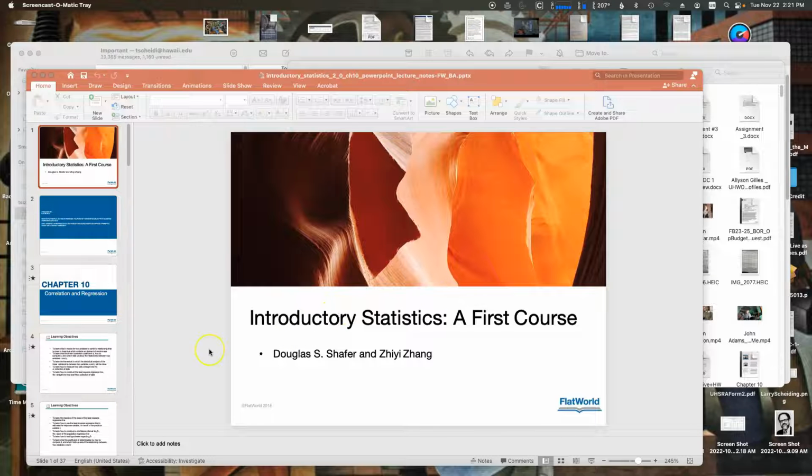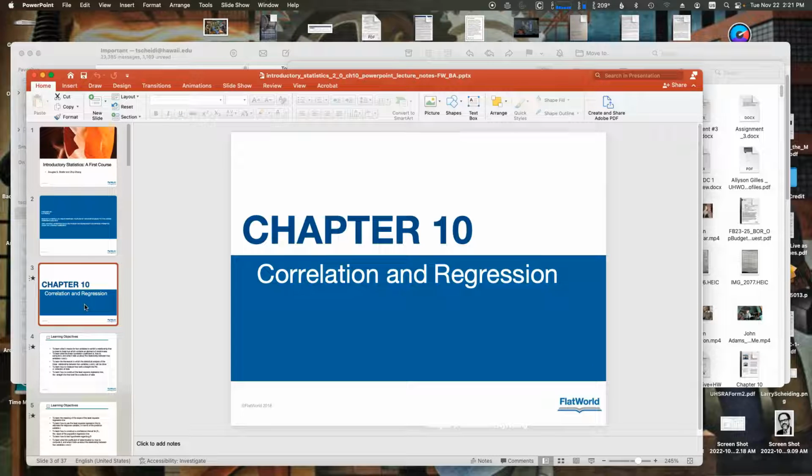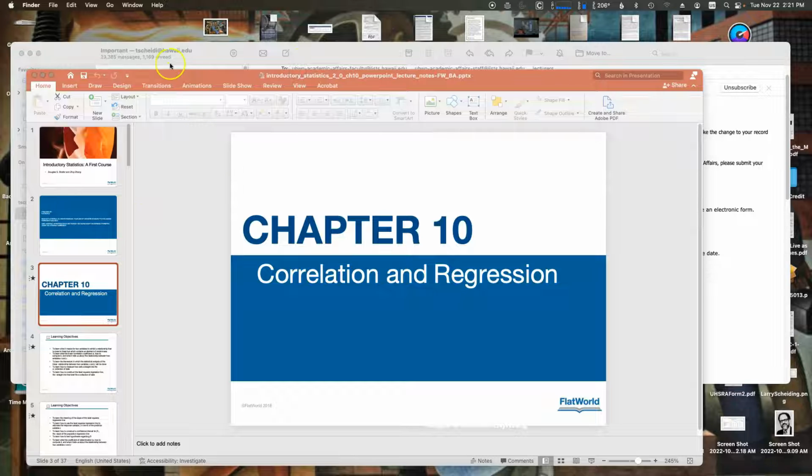In this final chapter, we are looking at correlations and regressions. This is a pretty significant chapter, and I would almost argue this chapter is almost the whole point of this course. So here what we're trying to do is look at the relationships between variables and try to determine if we can mathematize that relationship between the two, and then take from that as well whether there is a causal